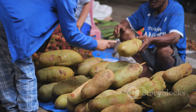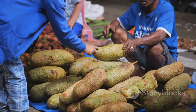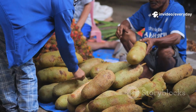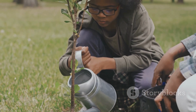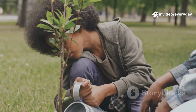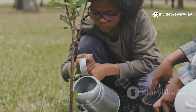Guests will be captivated by the sheer size and unusual placement of the fruit, leading to engaging discussions about botany, horticulture, and the wonders of the natural world. It's a living work of art that will impress and inspire all who see it. Growing jackfruit requires patience and dedication, as it takes several years for a young tree to mature and bear fruit. However, the journey is well worth the wait, as you witness the transformation of a small sapling into a magnificent